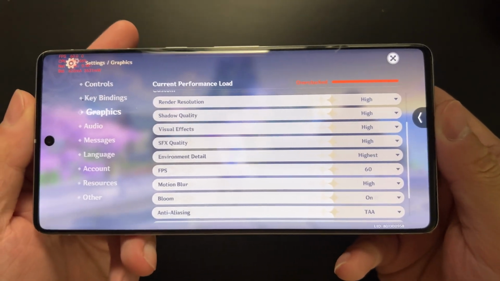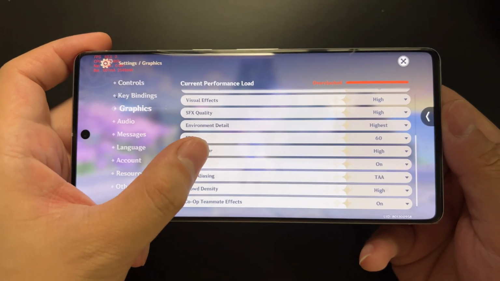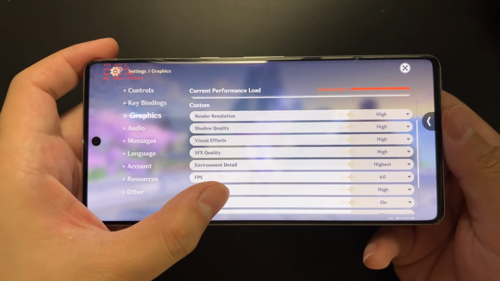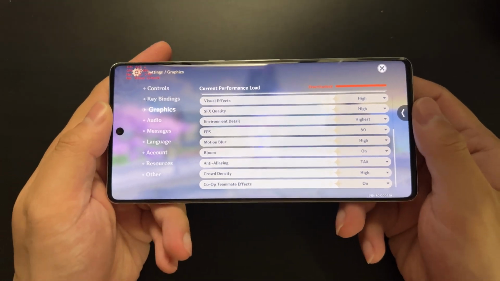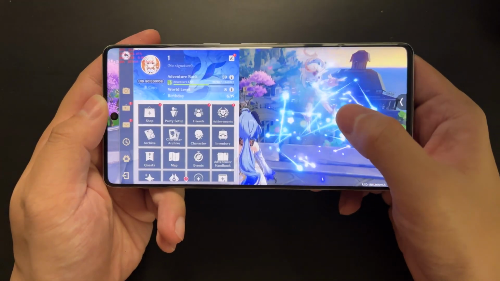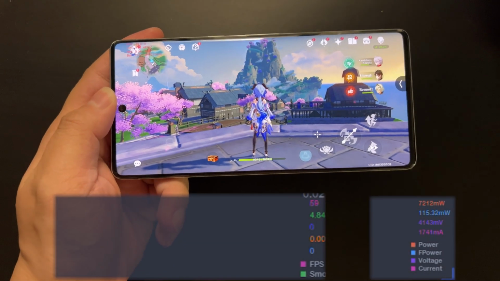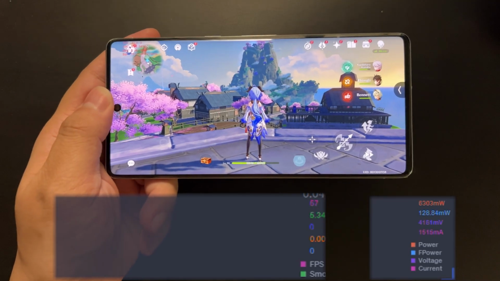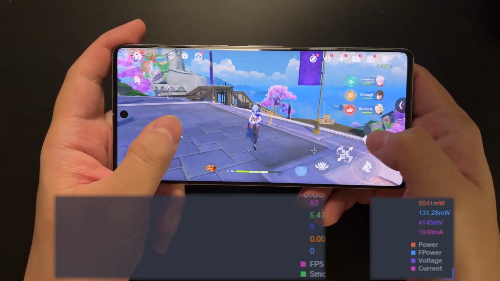So we are using Genshin Impact. As you can see, all the graphics settings are set to highest possible, and we enable 60 FPS. And then of course the environment is the same as all our previous tests. It's connected to Wi-Fi at 25 degrees, and we'll play the game for 10 minutes in the Inazuma region with